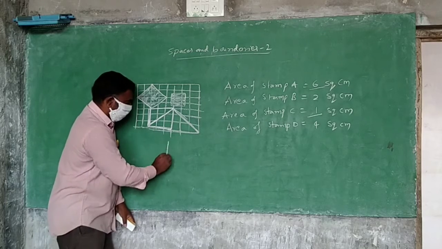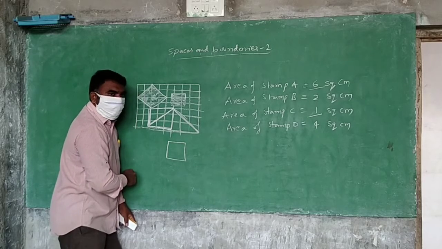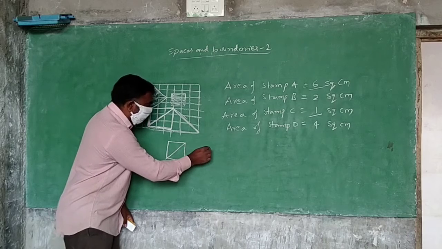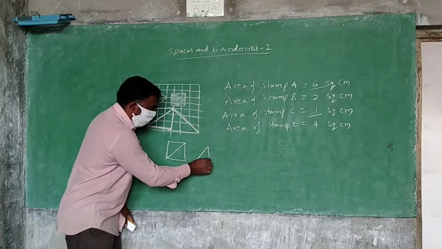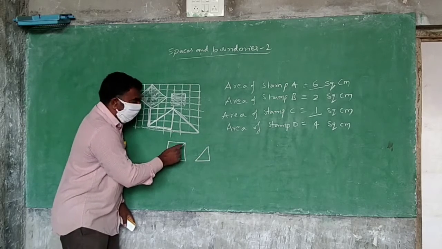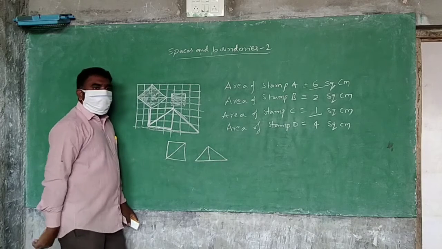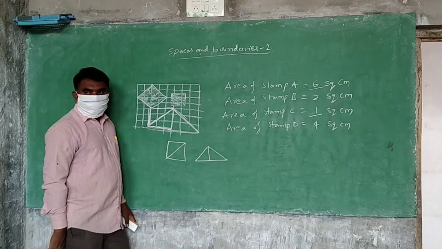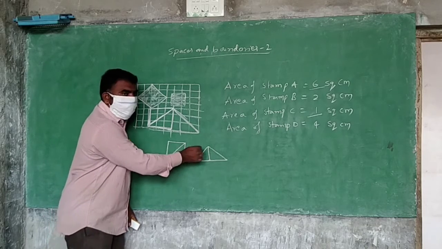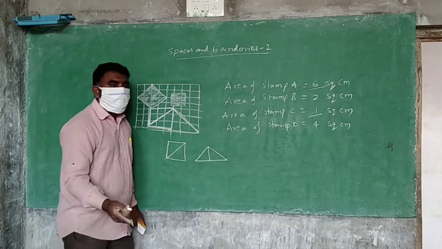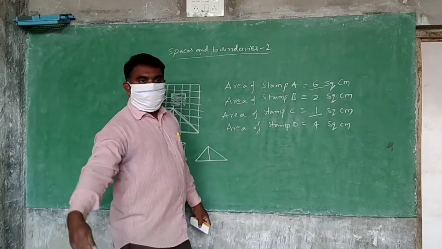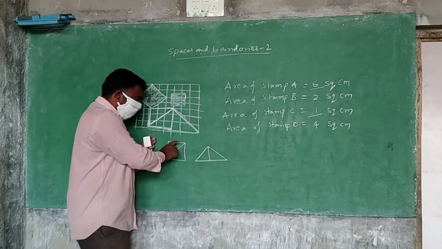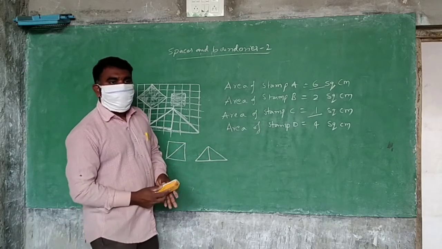Is it or not? So this is one square. What has he done? He cut like this. Next to this one, as it is, he has taken. This piece is there now. This piece he joined this side. Means both will become equal, no? The area of the square and the area of the triangle will be equal. Okay, you can count it. By counting you can find it, but I am giving an idea to you. Because nothing else, only this is joined there. That's why they will be equal.